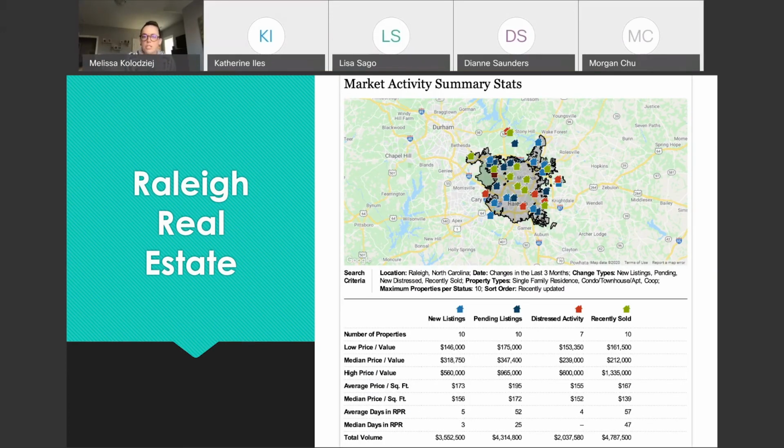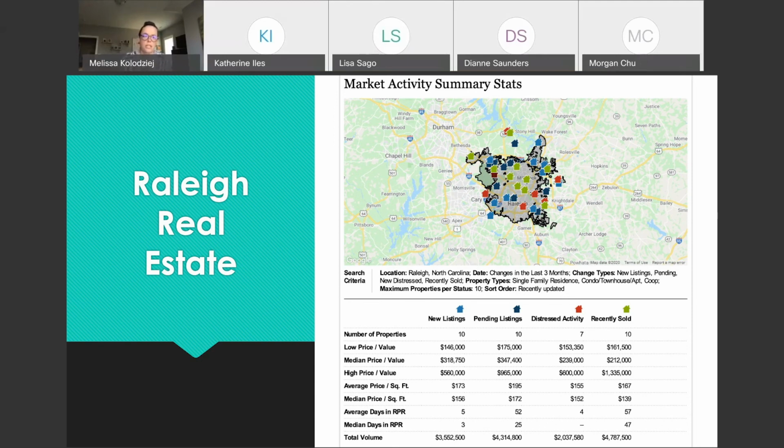And again, this is just another page on our market analysis report. Like it was on the last slide, these came from the exact same report. So these are sources that we use for local market data. And the stats on this slide are compiled using listing data from our MLS partners.